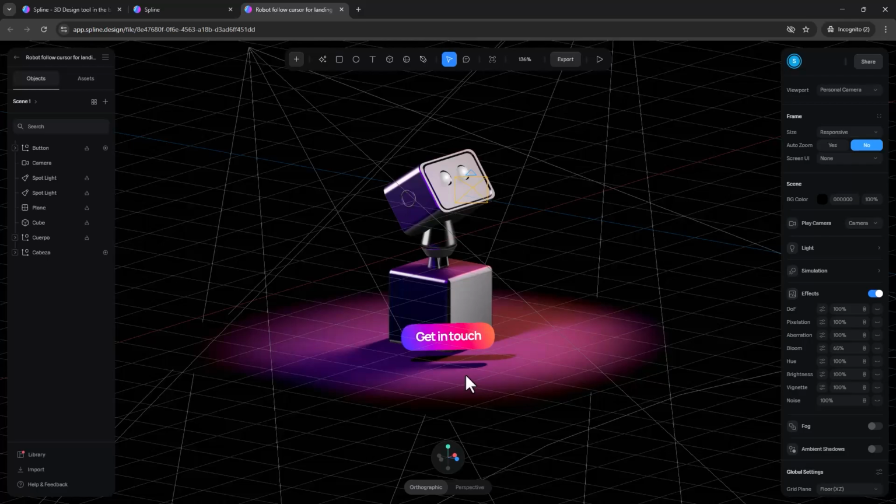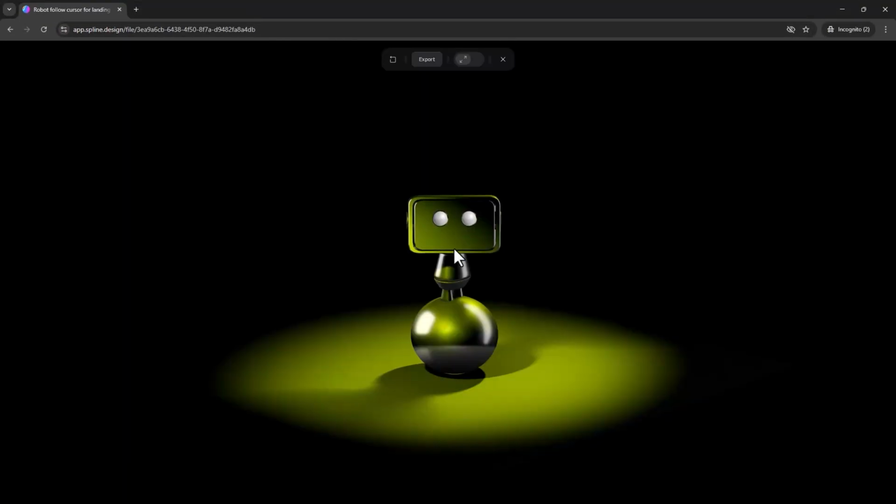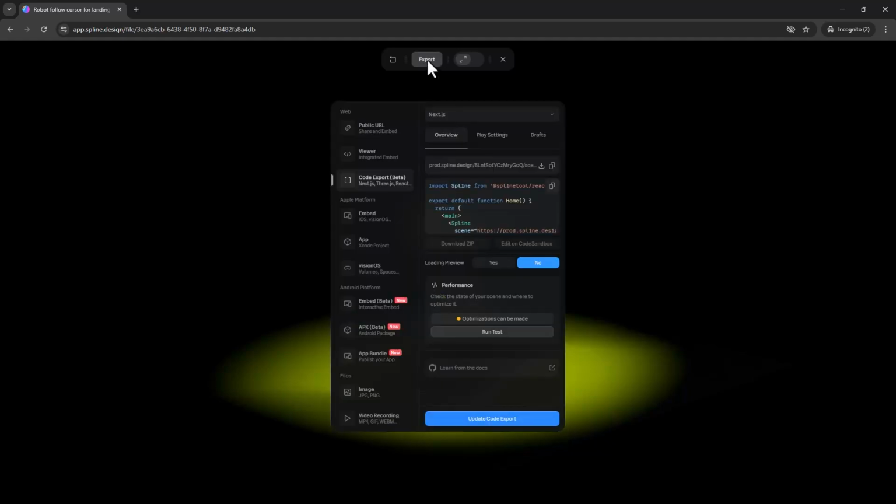Since this video isn't focused on creating or modifying Spline animations, we've already customized our version of the robot. We've added a blinking effect, adjusted the colors, and reshaped the body to give it a fresh look. Spline allows us to export our animation as an interactive 3D scene, which we can integrate into our Sitefinity Next.js project.